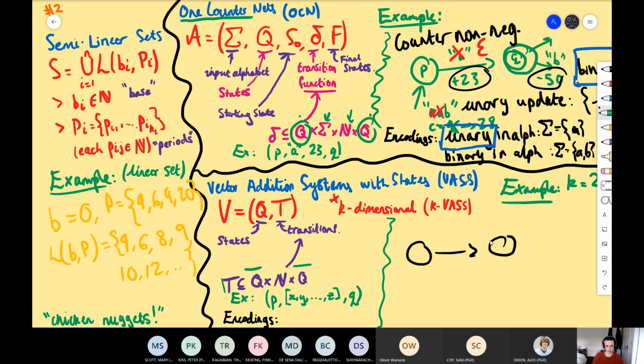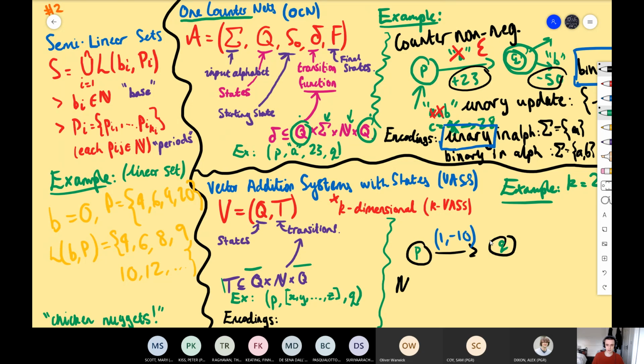So they take a state and another state. In this example, P and Q, let's write them out again, P and Q, like before. And you attach a vector along it. In this case, this vector has an undefined length. I'll just give an example of a 2 VAS. A k-dimensional VAS is a k-VAS. In this case, I'll have dimension 2, so this will be a 2 VAS. What that means is we have 2 counters, or in the general case, k counters, and you can update them with whatever you like. They're component-wise. This is the update to the first counter, and this is the update to the second counter. And that's the cost of moving along them.